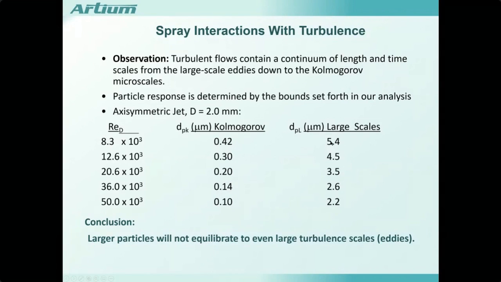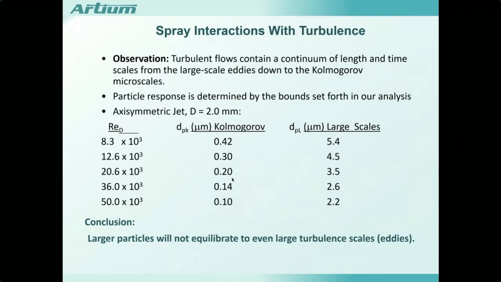The large scale can be handled by about 5 microns, and hence that's why I've been showing seeding devices that send out particles or disperse particles in the 0.5 to 5 micron range. At higher Reynolds numbers, the response requirements for the Kolmogorov scales are getting quite small, and realize that the light scattering for these submicron particles